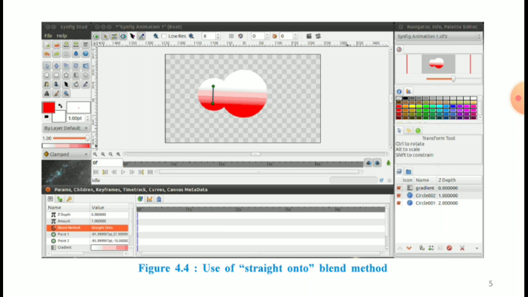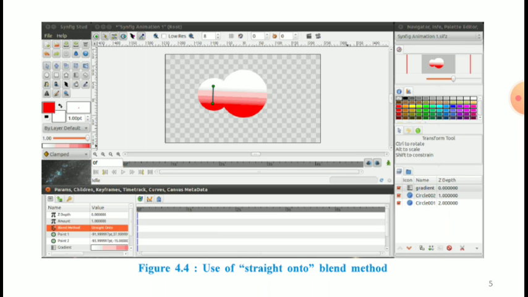Now you can see that the gradient is applied to the object layers below it, but we want the gradient to be applied only to a single object and not all the objects below the gradient layer. For this we will use encapsulation. So encapsulation means grouping these together.